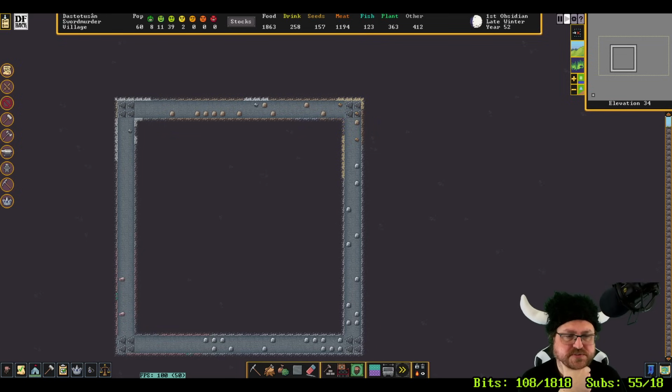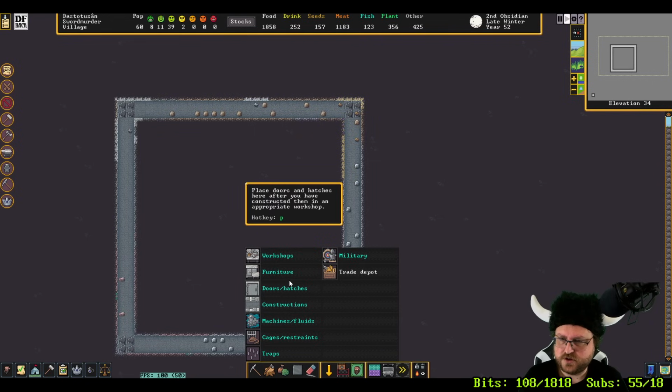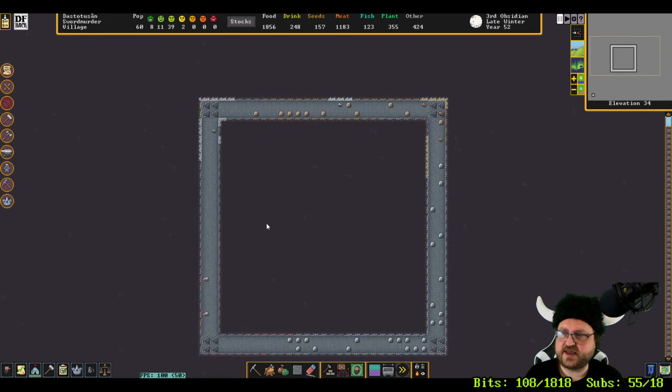Instead of doors, you can also make the tombs only accessible by stairs, so each one has a hole in the ground. That's very interesting. Would you put the tomb on the stairs? Or adjacent to it? I guess I can do a test right now. Can you put a burial thing on a staircase? Blocked at this location. No, but... so I guess what we would do...